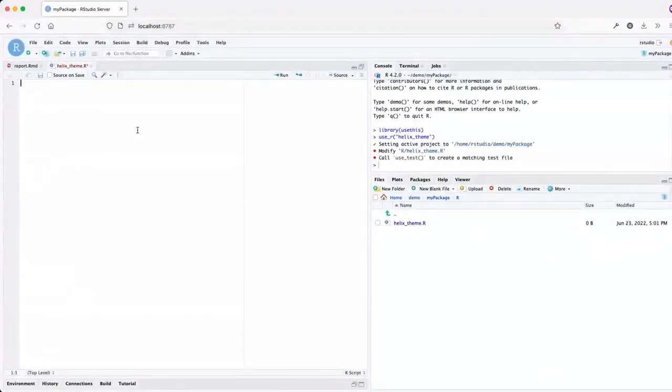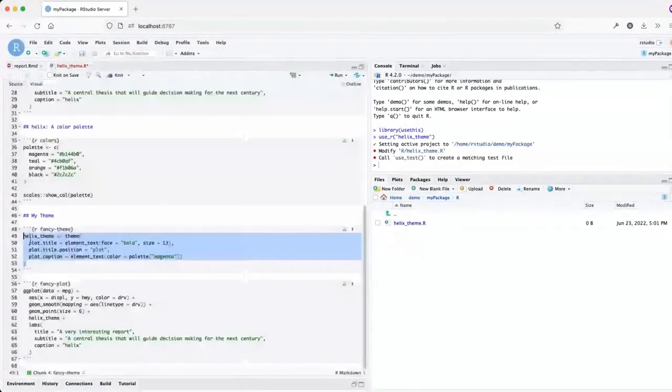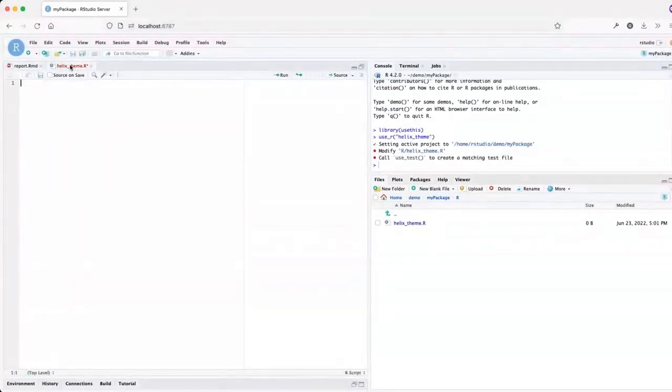Gotcha. So that function can be useful as well if you have a lot of R files. And eventually, if you have a very mature package, there'll be lots and lots of .R files, and you can say use_r, and it'll find and open the file that already exists. Even. Oh, okay. Huh, I didn't know. That's useful.